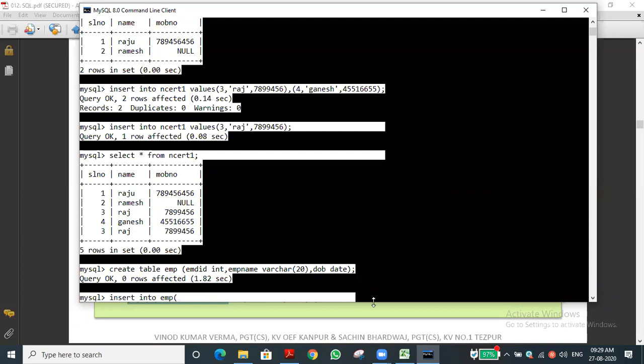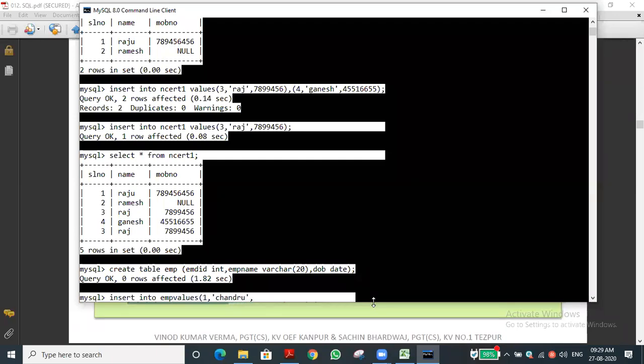Okay, let me see. One is the ID, and name is a string. A string means double quotes or single quotes. Either we can use any one. Okay, then you tell, Chandru, we will use. So then next, date is there. Sir, table name, then values should come now, sir. Yes, employee name, values. Very good.